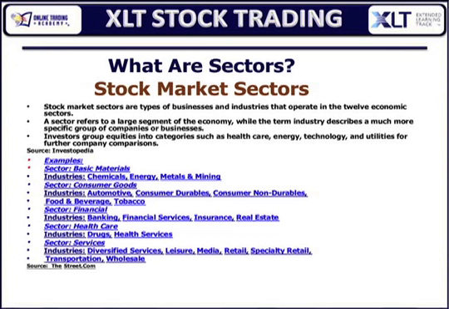We have the consumer goods sector, which includes industries such as automotive, consumer durables, consumer non-durables, food and beverage, tobacco. And of course, our financial sector has the banking industry, the financial services industry, insurance, real estate. Healthcare is broken down into industries such as drugs, healthcare services, insurance providers. And then we'll also have the services sector, diversified services, leisure, manufacturing, retail, specialty retail, the transportation sector, we have wholesale trucking, and we have other industries that make up each one of these different sectors.